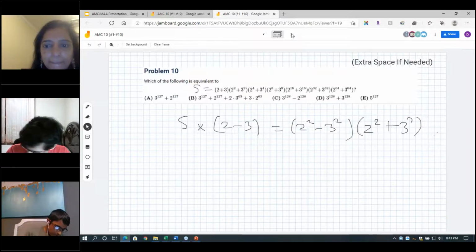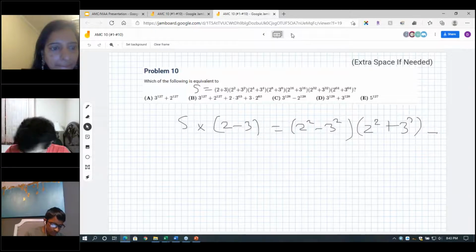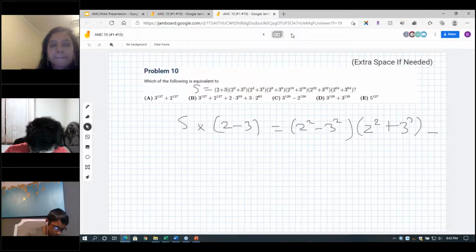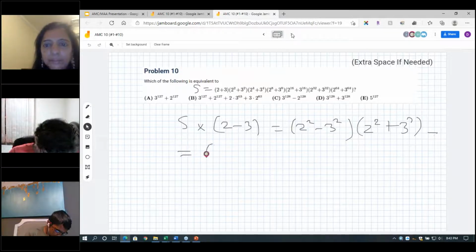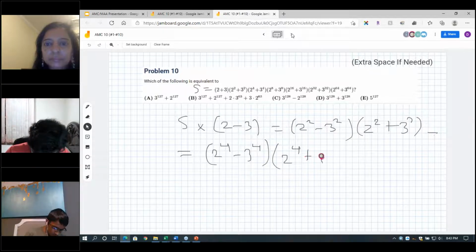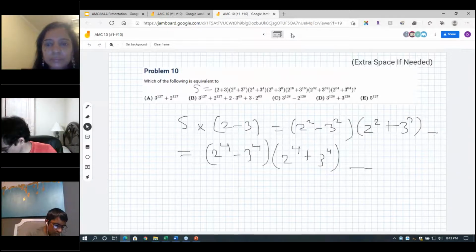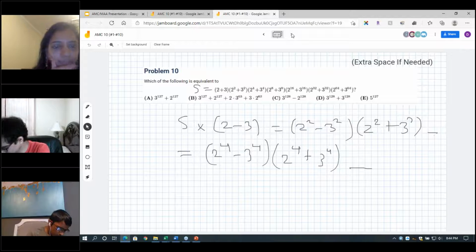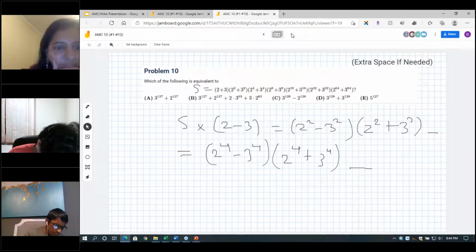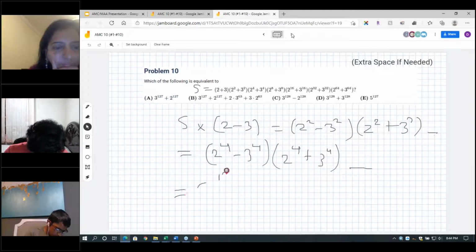So now we see that we again have an a squared minus b squared and an a squared plus b squared. We can just let that be a to the fourth minus b to the fourth. So we have 2 to the fourth minus 3 to the fourth, then times 2 to the fourth plus 3 to the fourth times everything else. This again we can say is just 2 to the 8th minus 3 to the 8th. And we see that if we keep on going on this path, right? So all of the first three, we get 2 to the 8th minus 3 to the 8th. We can just keep on going on and on until we get 2 to the 128 minus 3 to the